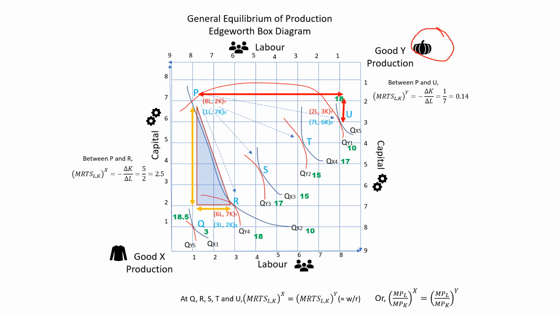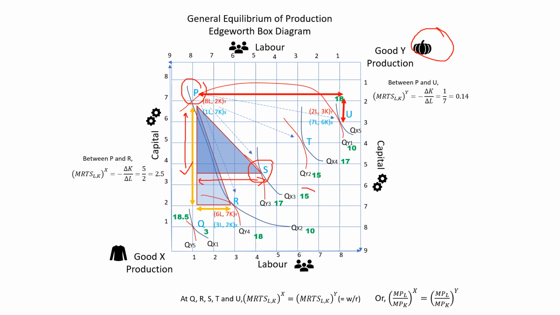The other possibility is that we move from point P to point S. Now in this case, how much labor are we able to shift from food to clothing, and how much capital do we have to sacrifice in return? This can again be shown in the form of a right angle triangle. Over here, as we will notice, we are able to attract a greater amount of labor, and we have to give up a smaller amount of capital.